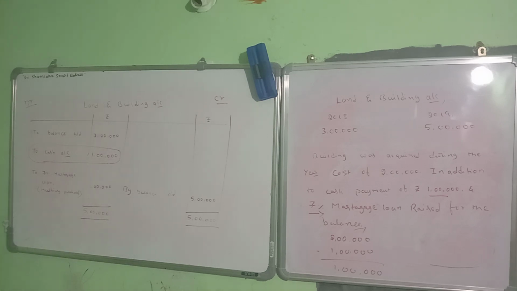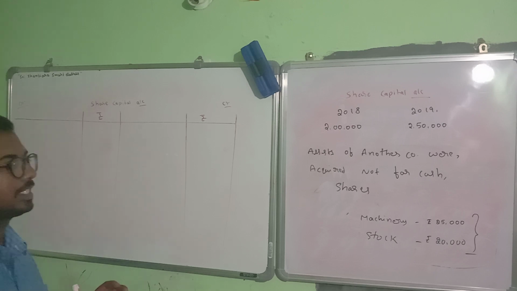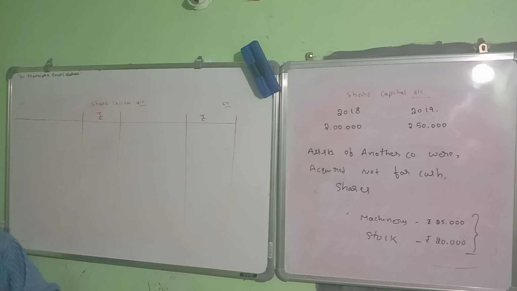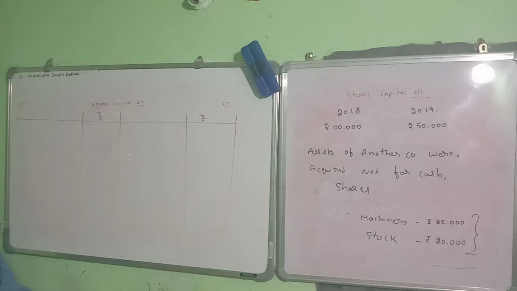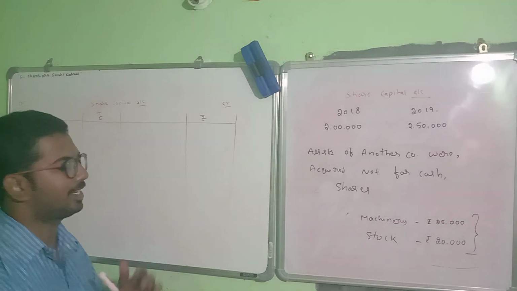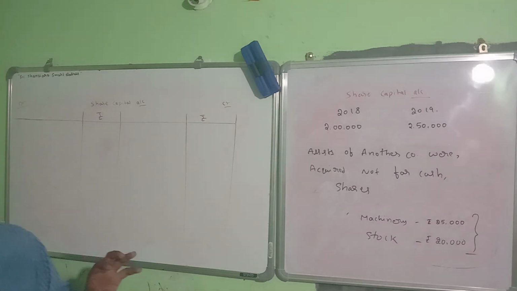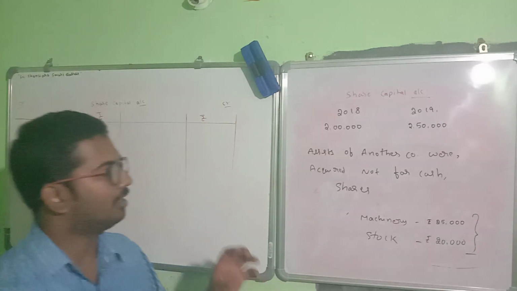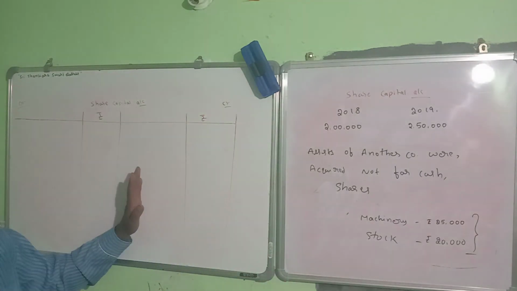So let us see one more example related to the share capital account. Look here, when we acquire some other company's assets by issuing shares, how do you prepare the share capital account? We know share capital is a liability account. So any transaction that will increase the value of liability should be pushed on the credit side. The transactions which will decrease the value of liability will be pushed on the debit side. Assets are nothing but things that have value in the future. So any kind of assets acquired by issuing shares should be recorded under the debit side.